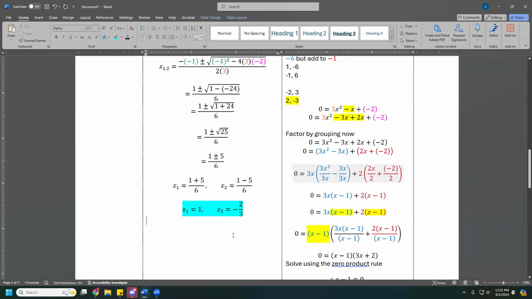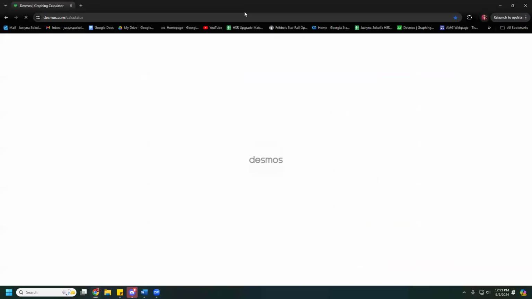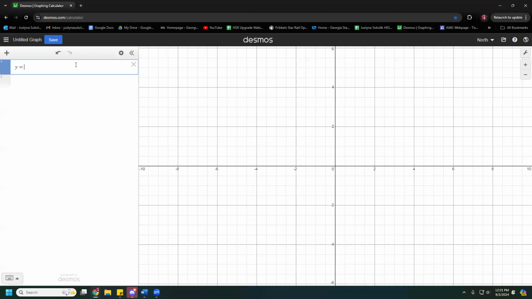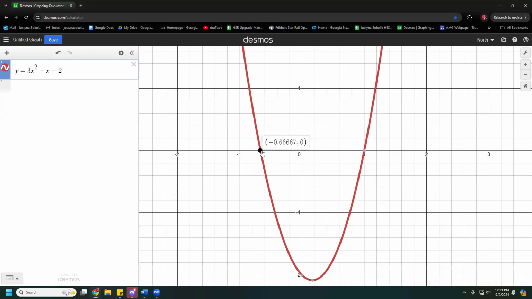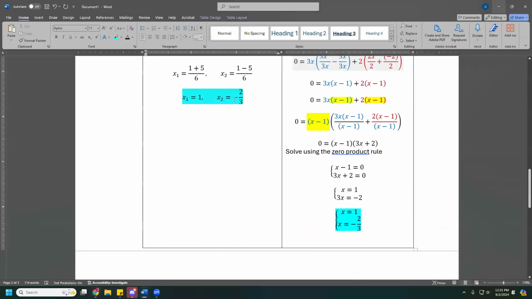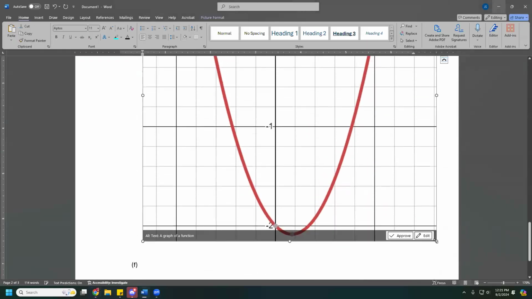Alternatively, it is possible to do this on a graphing calculator. The points are actually right there for you. So real quick, I'm going to open up Desmos. Here is my function, which was y equals 3x squared minus x minus 2. And I'm going to go ahead and make this a little easier to see. Desmos is very nice, and it pulls these points for you. And we can see that I do get the same answers of 1 and negative 2/3 because